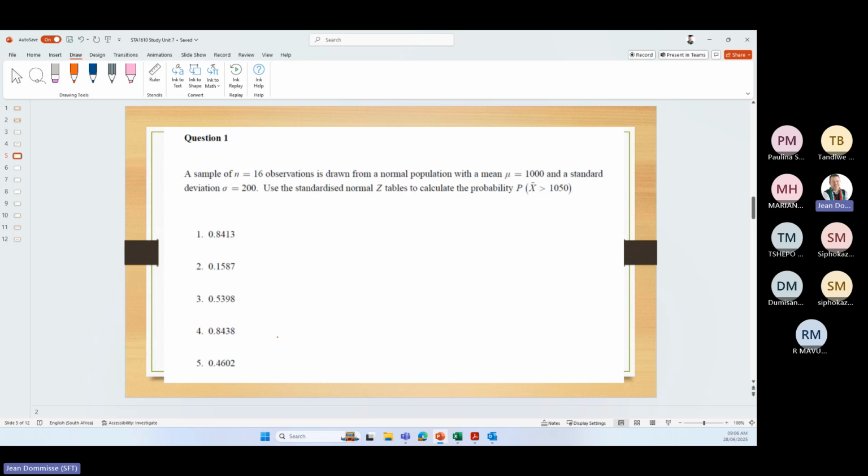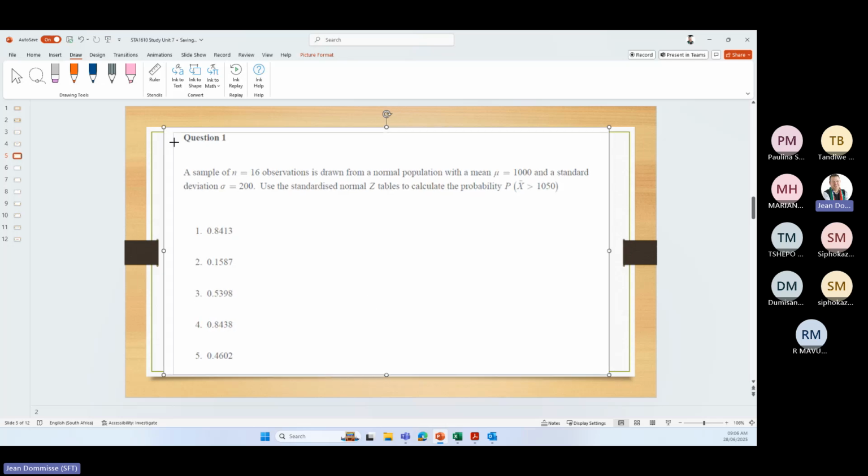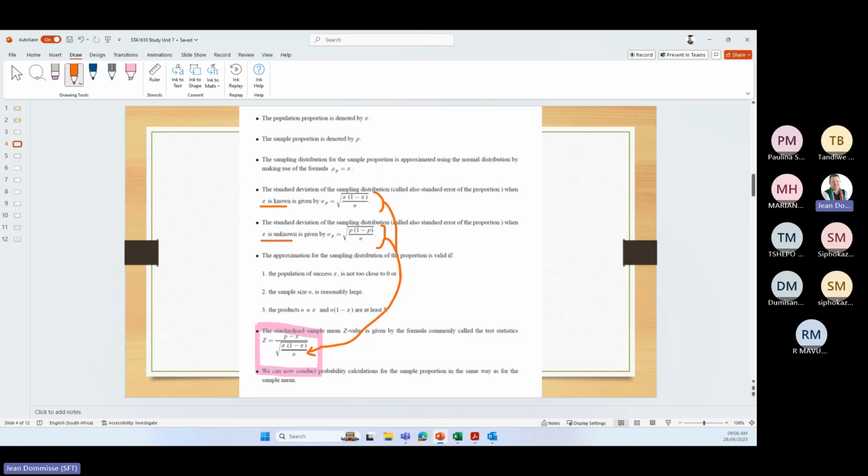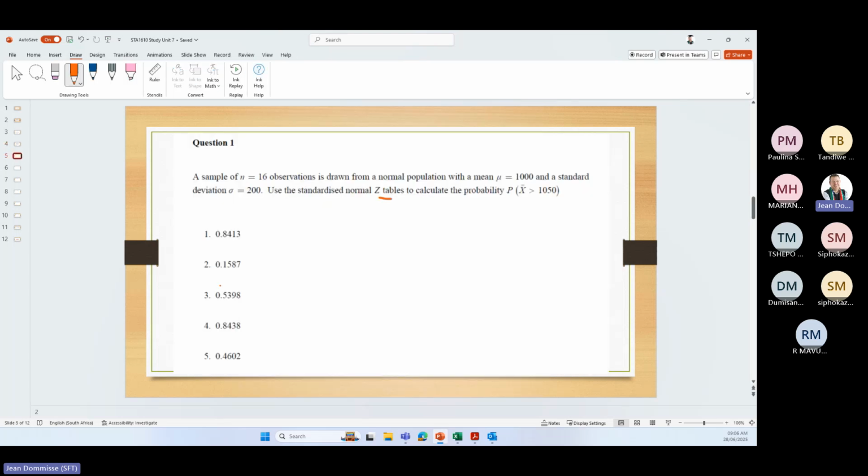Okay, so let's start and look at a few examples. I think this is always the area where we learn the most about how to tackle these questions. So let's look at the first one. We need to get to a Z table. I've got my tables open as well, the one that was sent to you in one of the study guides, so we will look at that as well.